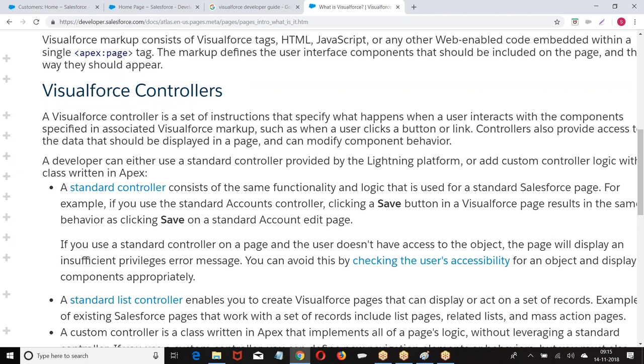How many types of controllers do we have? Standard controller, standard list controller, which we can consider a standard controller only, and controller and extension.